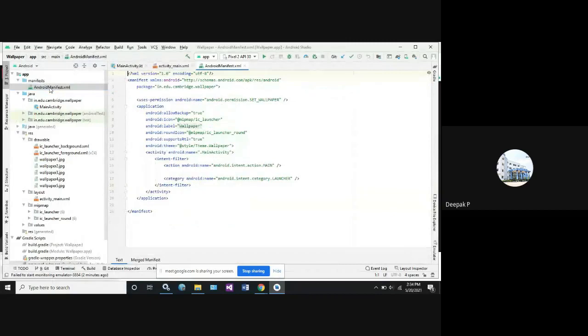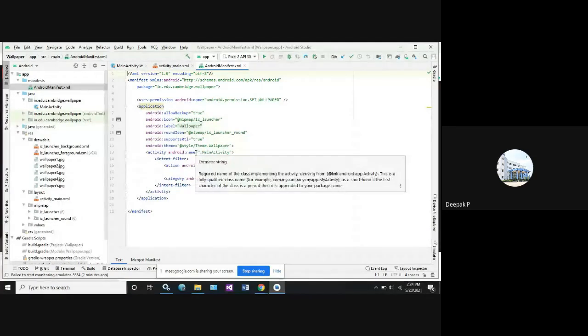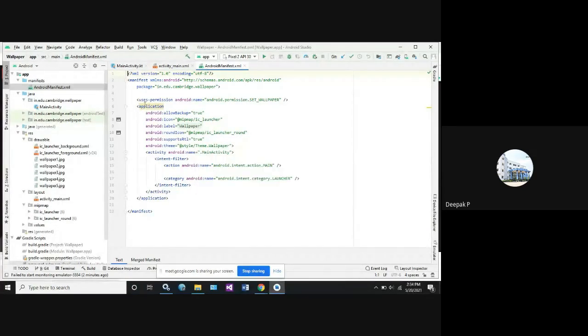So in the Android manifest file, you'll see that by default these lines will be there. We need to add one more line called uses-permission here. So uses-permission, android:name, android.permission.SET_WALLPAPER.